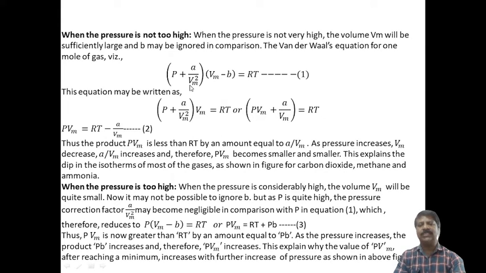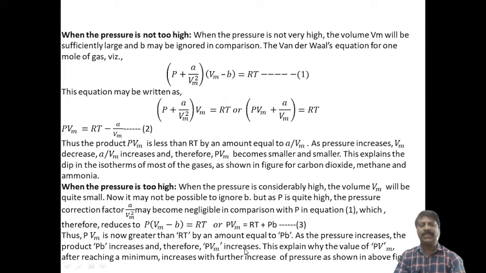or it is taken as 0, and therefore equation 1 becomes P plus 0 into Vm minus B, written here as P into Vm minus B equal to RT. This can also be written, by multiplying, as PVm equal to RT plus PB, called equation number 3. Thus PVm is greater than RT by the amount PB. As the pressure increases, the product PB increases, and therefore